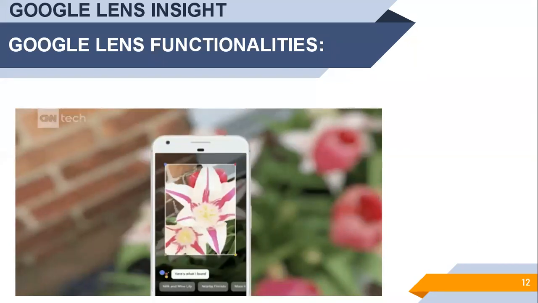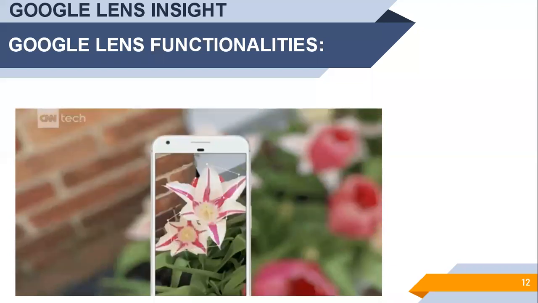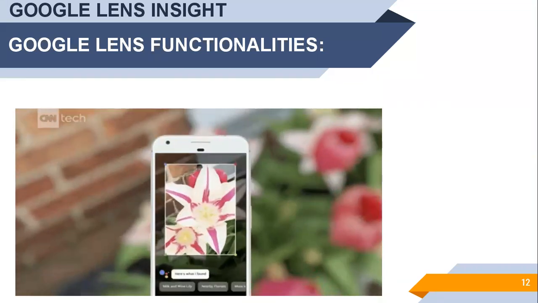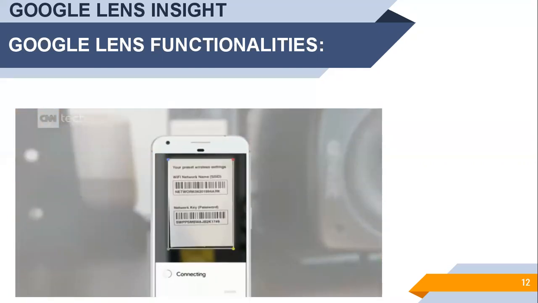So, Google Lens functionalities. First, it detects the object, as you see in the figure. It detects the object, and it will provide relevant information about that object, such as which flower it is, and also the relevant information. Next one is the most recent update for Wi-Fi: by just pointing at the router, it reads the SSID and